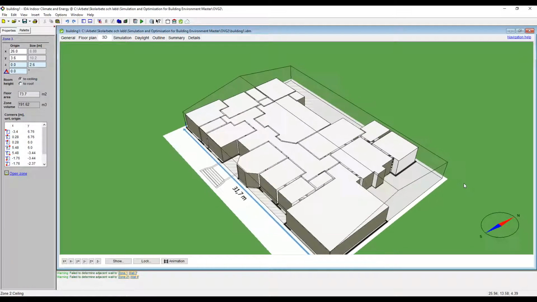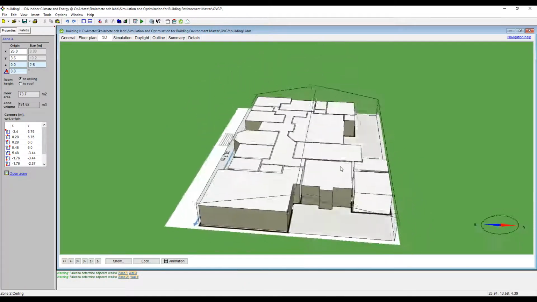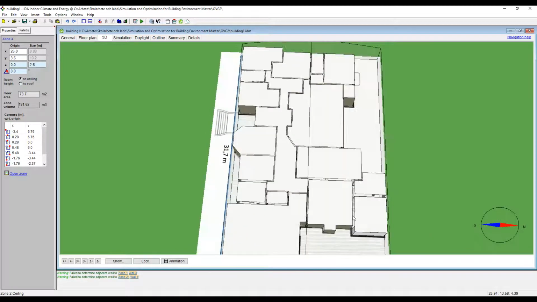Then we have a few small ones. Let's see here. We need to,